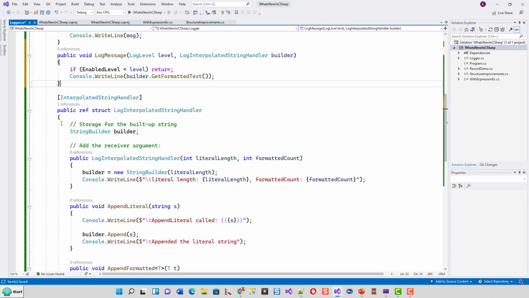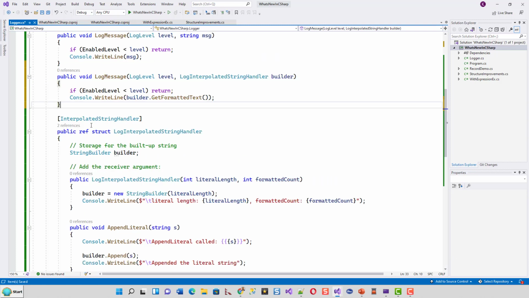So this was actually working with this attribute InterpolatedStringHandler, and this is the public constructor for this struct, and it takes the literalLength and the formattedCount, which was one of the conditions, and it creates a new StringBuilder, passes in the literalLength, and writes to the console literalLength with the string interpolation. Now you know the string interpolation is $, and it fills the literalLength and formattedCount for formattedCount. Okay, the passed-in variables to the method.